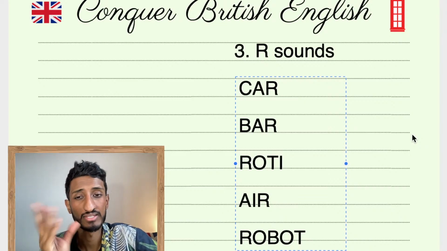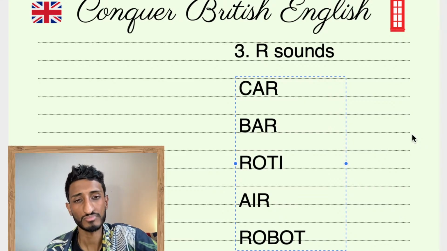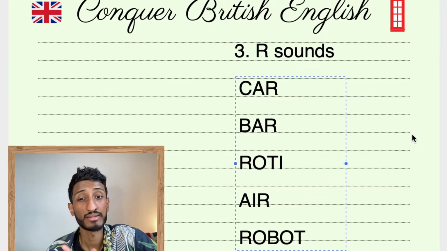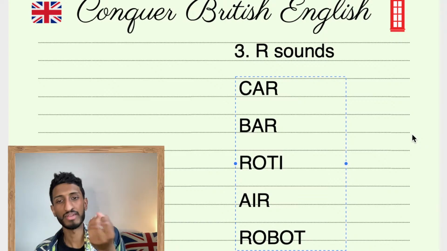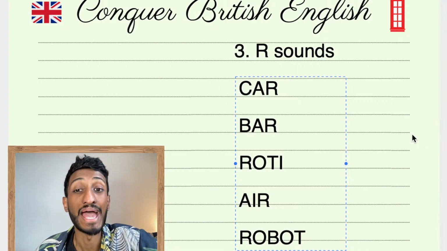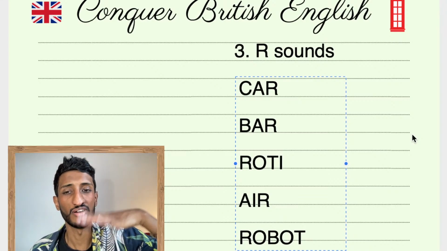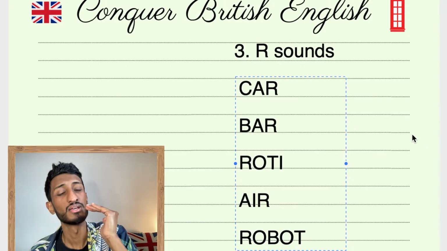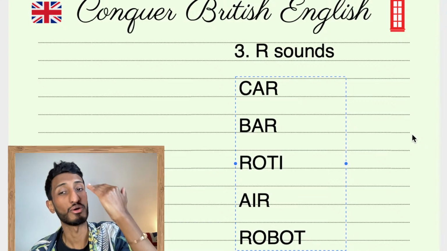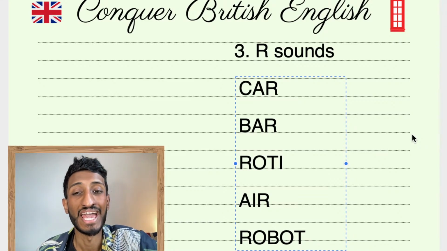And then the R is heavy. It's like a rolled R. Roti. Same with air. Or even if you don't roll the R, it is air, as in we can still hear it. So in the British accent, it ends in a softer sound. So air. Notice my tongue, it's still on the flat part of my mouth. It's still on the lower part. It's not touching the top of my mouth when I say air,